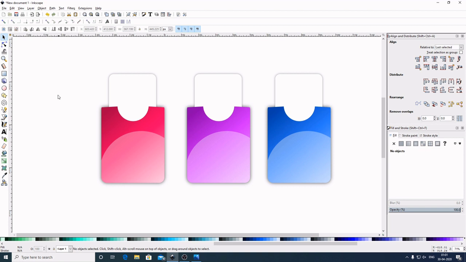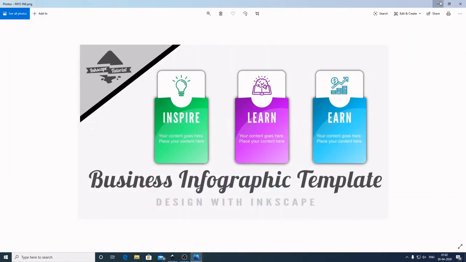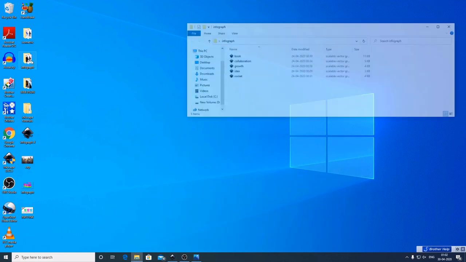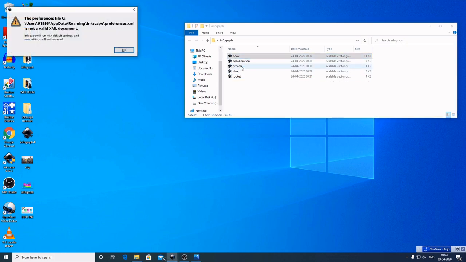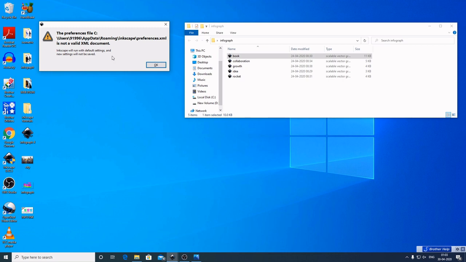Now we will import those downloaded icons here. I will minimize it. Now I will open up this one. Each time I open Inkscape or any Inkscape file, it shows this warning. How to get rid of this or what is the problem?